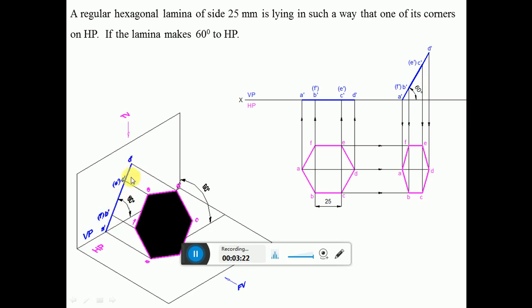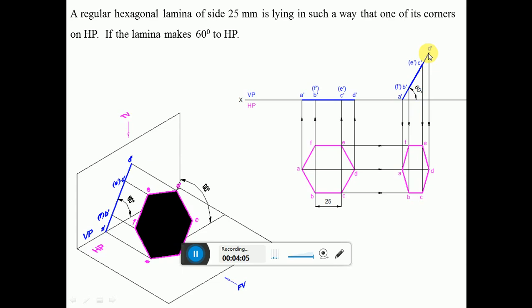So how to transfer this in 2D? You consider any point on the XY line which is at some distance from the initial position. Then draw a 60 degree line and measure the length from A dash to D dash. From A dash, by using the compass, cut it on that 60 degree line to get point D dash. Similarly, measure the distance from A dash to C dash, and cut an arc on that 60 degree line to get the points C dash and E dash. Similarly, measure the length from A dash to B dash using the compass, and again from A dash cut it to get the points B dash and F dash. Then dot this line.